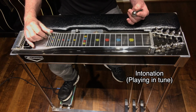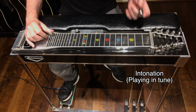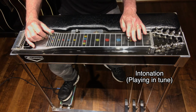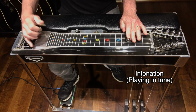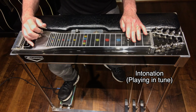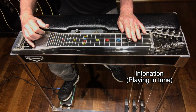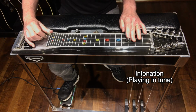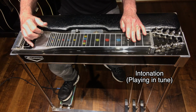Now let's talk intonation. A very important subject because you want to be able to play in tune. The idea is to take your bar and place it over a fret marker, right over it. And when you play the strings, that's 8, 6, and 5, it should sound in tune. If that bar is slanted, you'll start to hear it out of tune. So the idea is to have it straight across the fret marker